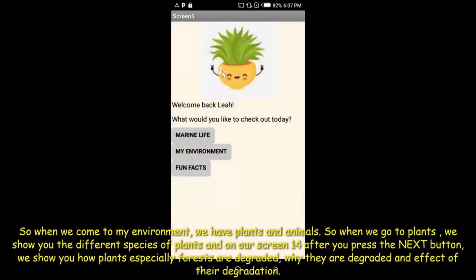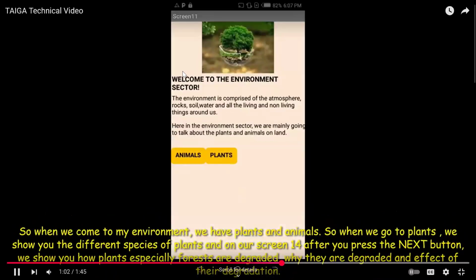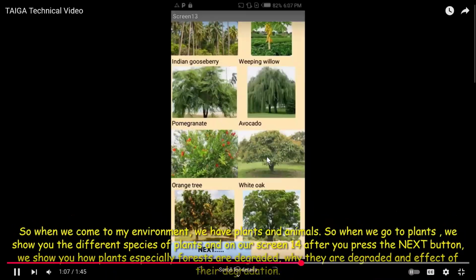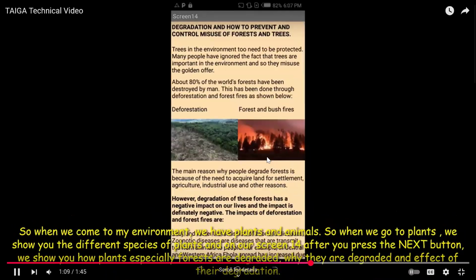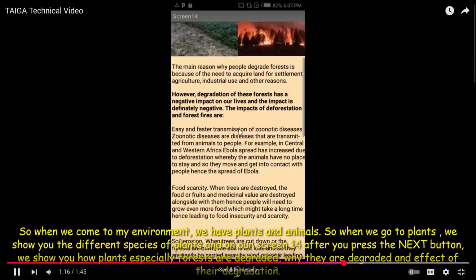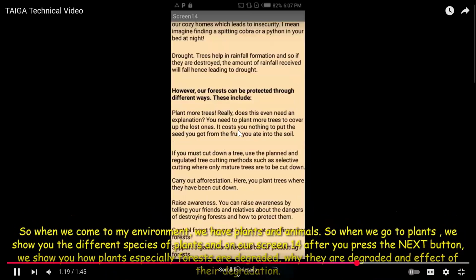So when we come to my environment, we have plants and animals. So when we go to plants, we show you the different species of plants. And on our screen 14, when you press the next button, we show you how plants, especially forests, are degraded, why they are degraded, and the effect of their degradation. Lastly,